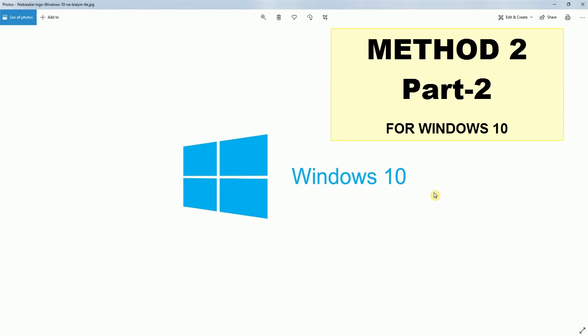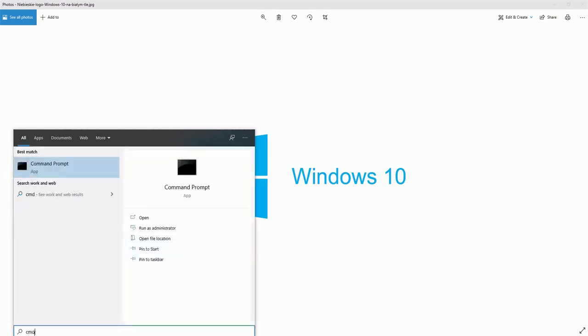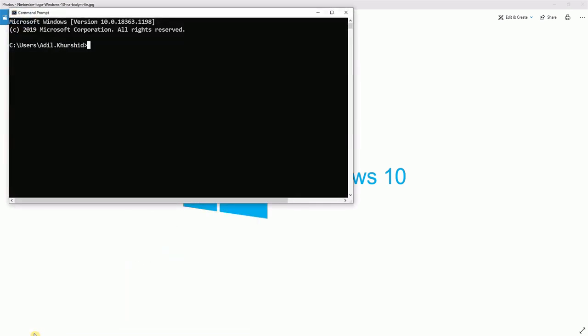In Windows 10, shift right click over a folder will not give you the direct option of open command window here, but you can go to the search bar, type cmd and open Command Prompt. C drive and user folder will be selected by default, and if your folder is placed in another drive, then you can change directory by typing cd /d d: